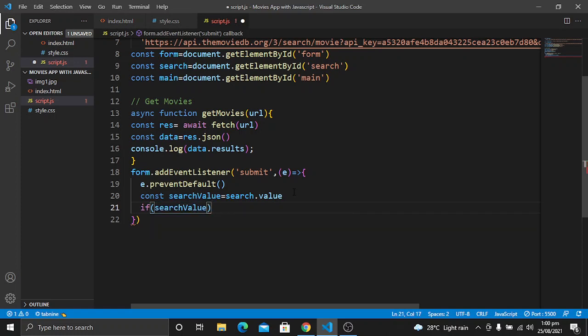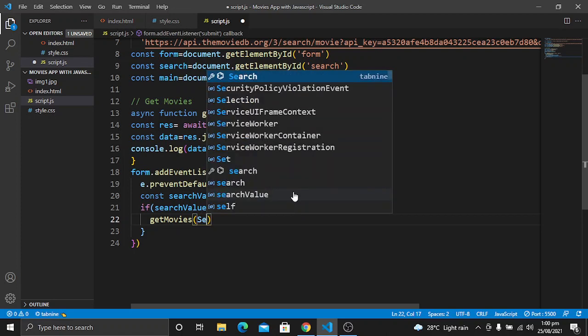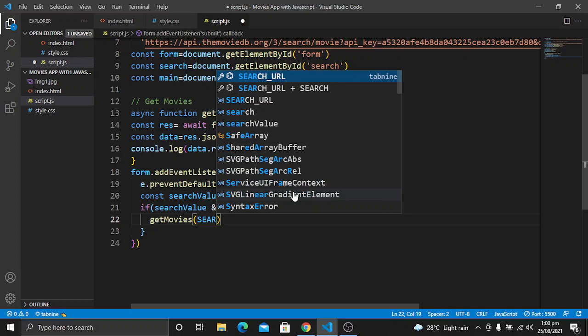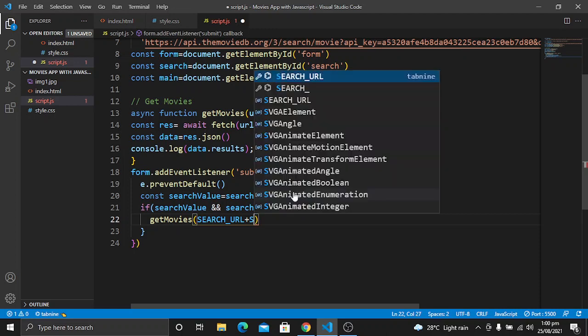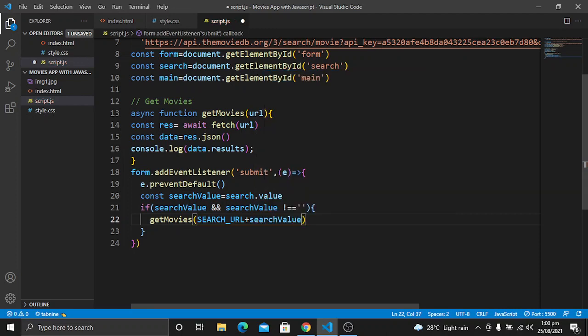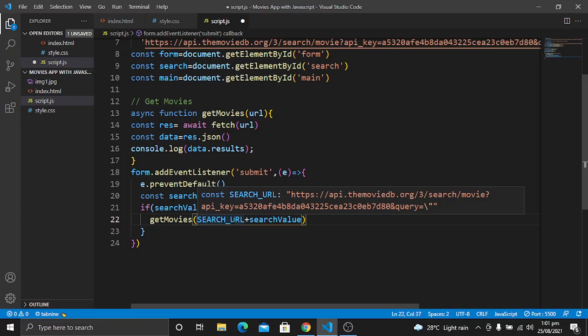So if we have a search value, and our search value is not an empty string, and these conditions are met, then I want to call this function and pass it the search URL, which I have above, and also the search value. The search value is the variable which is the value we have got from here.